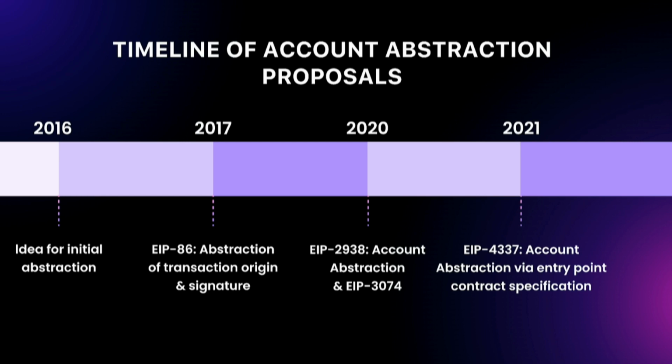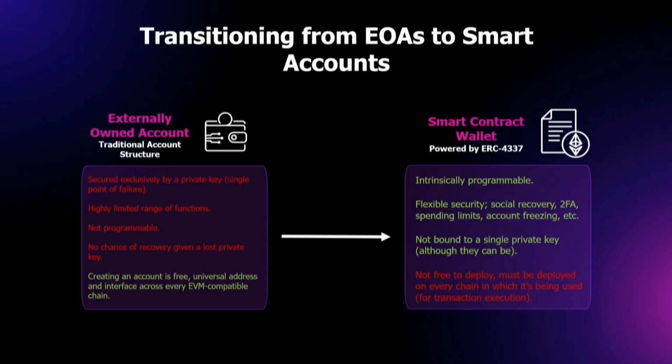Now, ERC-4337, in terms of an actual implementation, wasn't live until March of last year. So whenever I go through some of these numbers in a moment, keep that in mind: account abstraction through the standard is still very, very new to the Ethereum ecosystem. And of course, the numbers reflect this, but they can definitely be better as well.